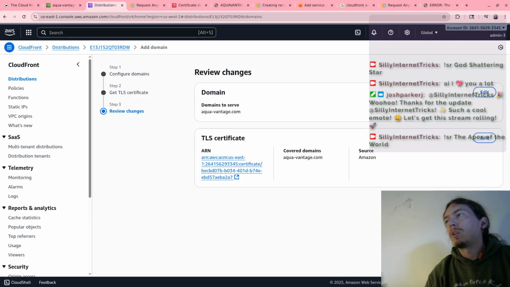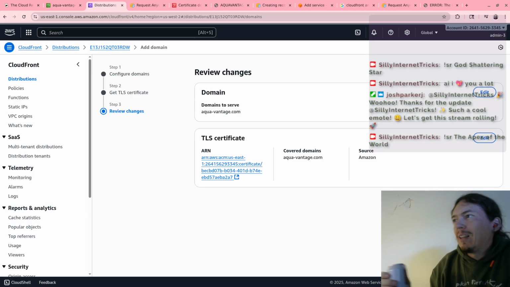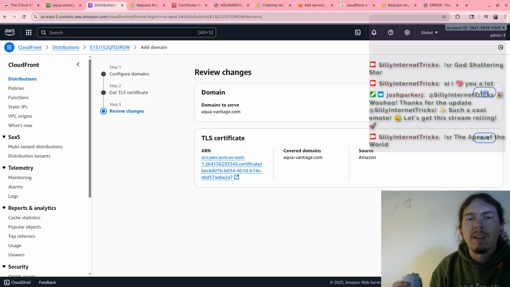I should have opened a support ticket ages ago when I first wanted to register this domain name, but I didn't know what to say. It didn't say why it wouldn't. It just said there was some problem registering your domain name. I was like, oh, I guess I need to open a support ticket. But I was like, what am I going to say? It just says there was some problem registering my domain name.